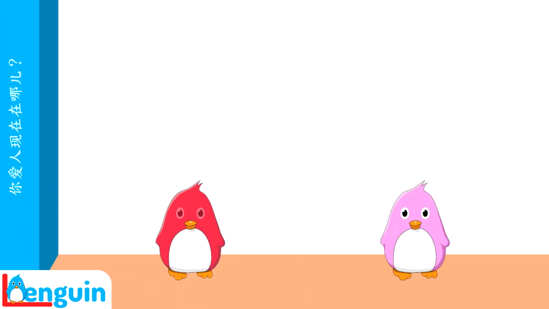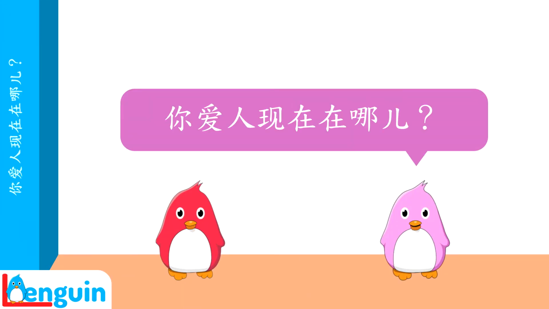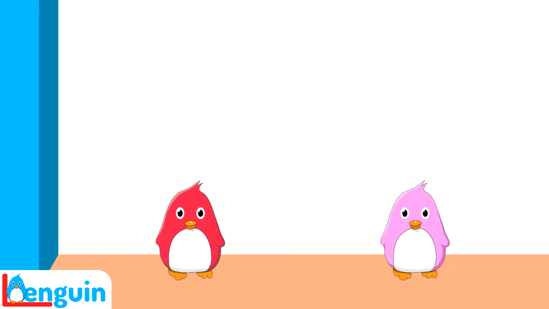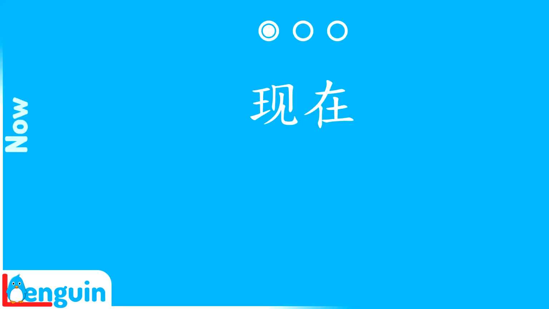Now let's talk about people again. Since people move and travel a lot, you ask where someone is now. Listen. 你爱人现在在哪儿？ 我爱人现在在加拿大。 Repeat the word for now. 现在，现在，现在。